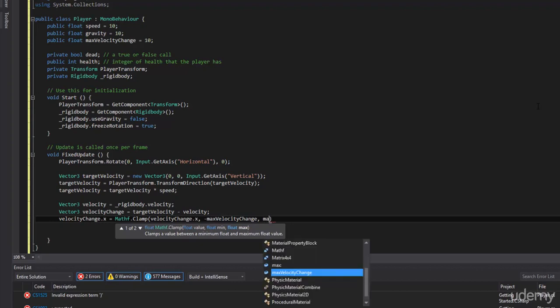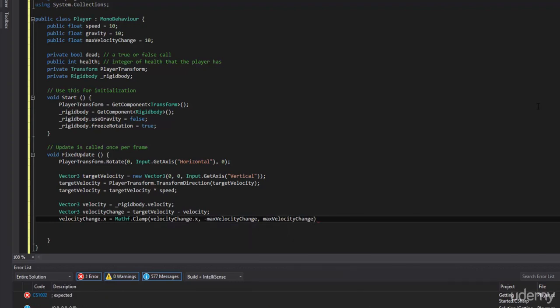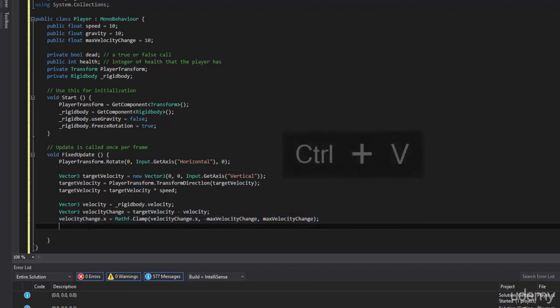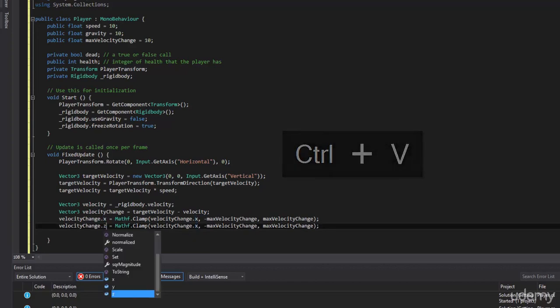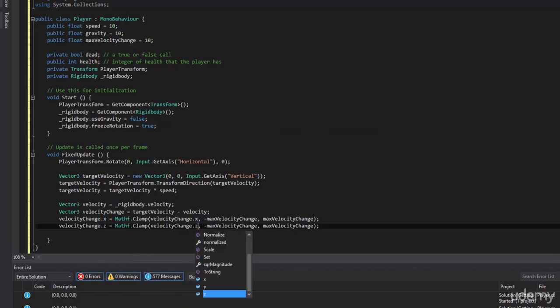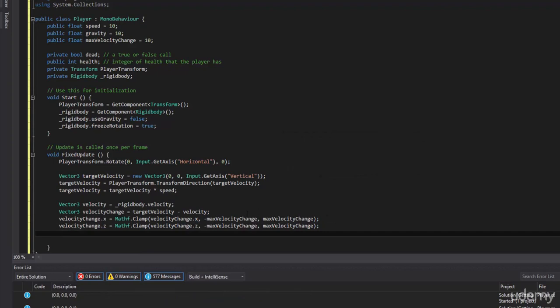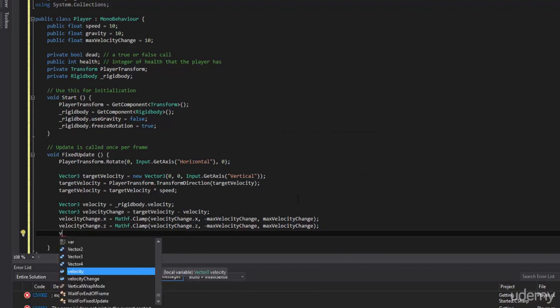And the positive is maximum velocity. And that assures us that our value doesn't go past 10 and negative 10. And we can copy this, Control C, Control V, and here we just change it to Z, like so. Enter. And now we can make sure that we don't fly off the face of the earth